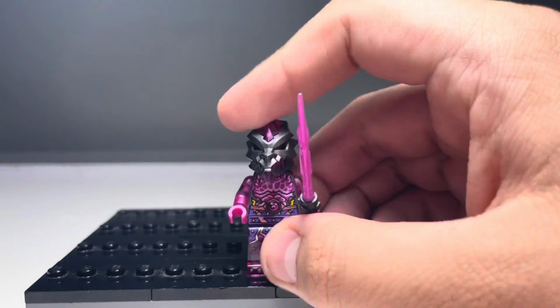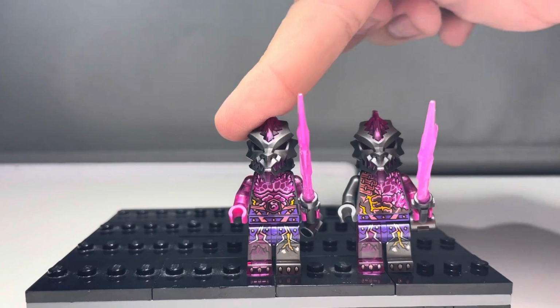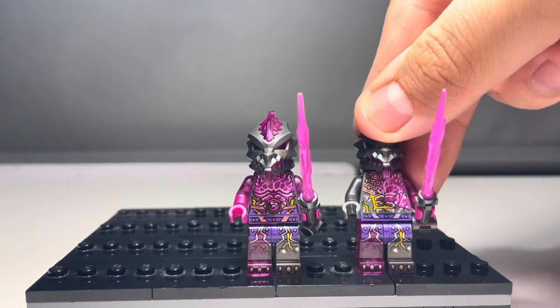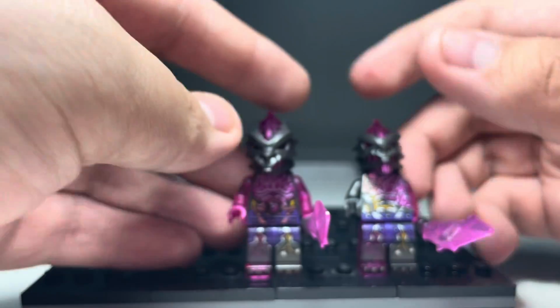Here we have a Vengestone Brute, who is different to a Vengestone Warrior and a Vengestone Guard. He's different to the Warriors. So this is a Vengestone Brute that comes in this set. This is a Vengestone Warrior who comes in many other sets. The only difference is, if I move the swords out of the way,